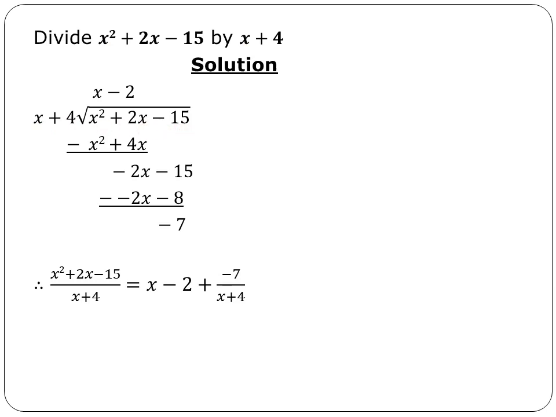So as usual, we focus on the first term of both dividend and divisor. So x squared divided by x gives me x. Perform the multiplication, we have x times x is x squared and x times 4 is 4x. Perform the subtraction now. So 2x minus the 4x here gives us minus 2x, and x squared minus x squared is 0. Now the minus 15 must be dropped to the minus 2x, so we get minus 2x minus 15,